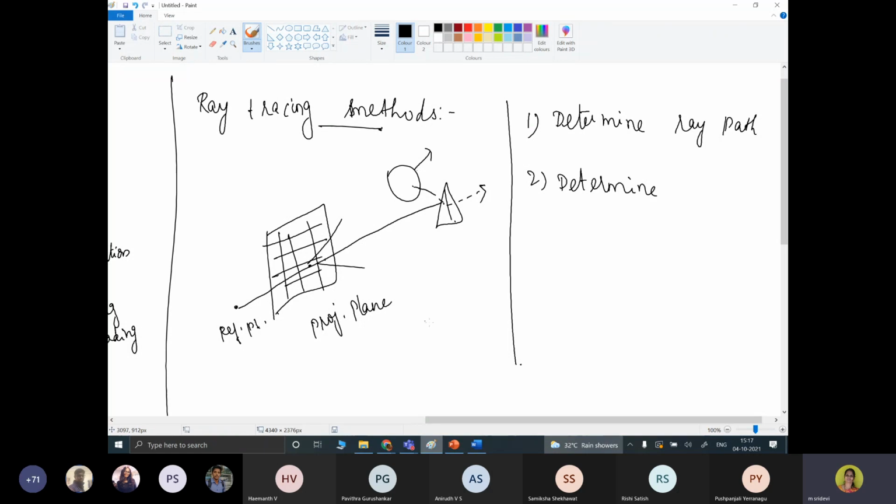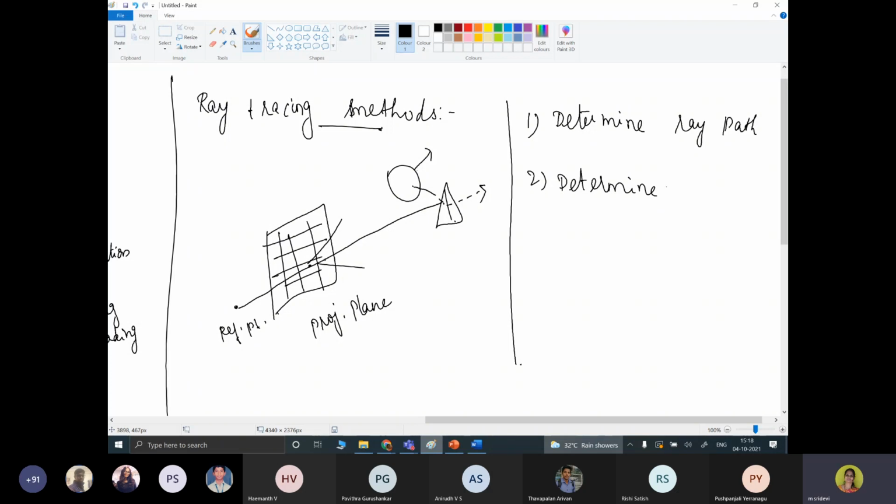So we have multiple rays. We need to determine the contribution to a particular pixel by tracing a light path backward from the pixel to the screen. So there are multiple lines or rays passing through. Whichever line is coming back from the pixel to the screen should be determined.